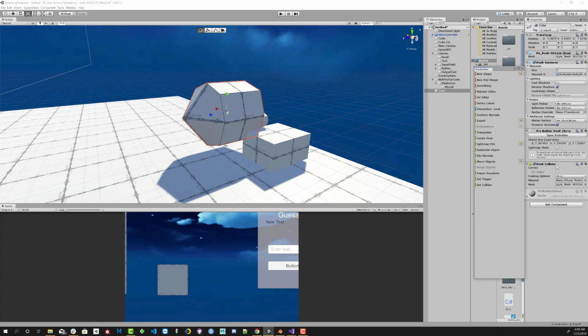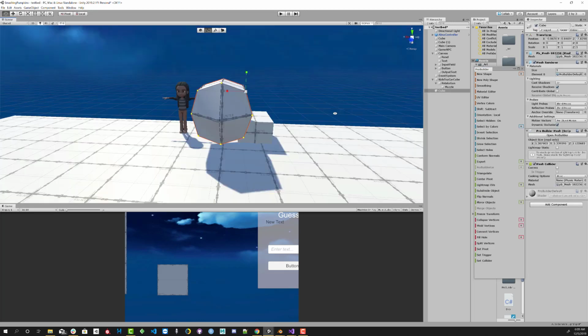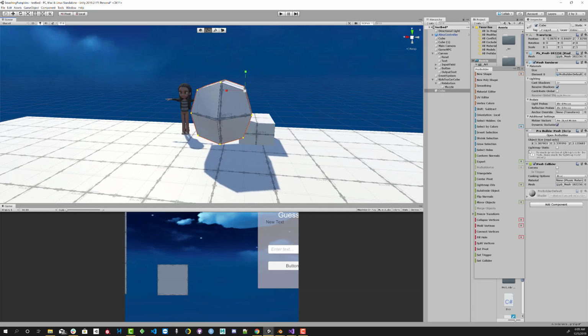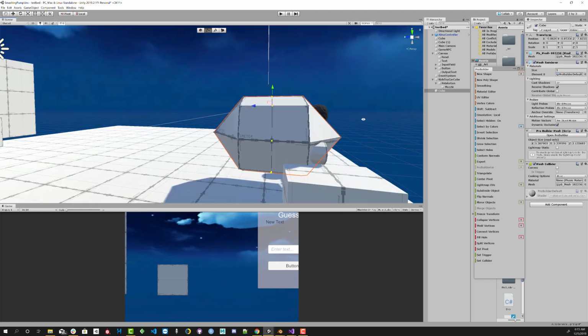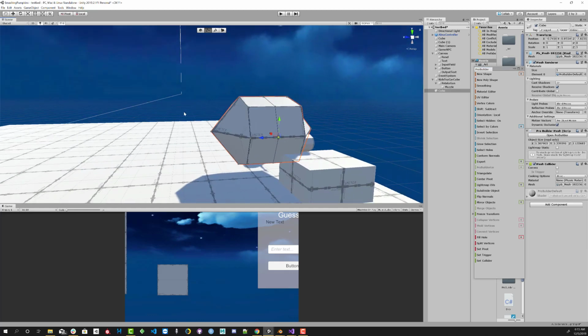Let's see if that does it. Local. Why it's selecting off of that corner. Well, I'm going to have to look into that to see why I can't get the pivot to, I mean, we have a center pivot or a set pivot there, but